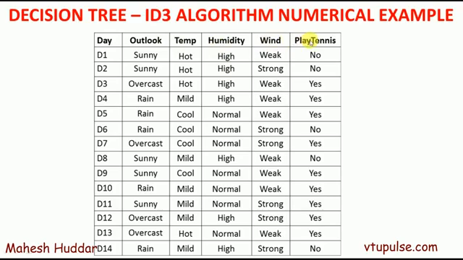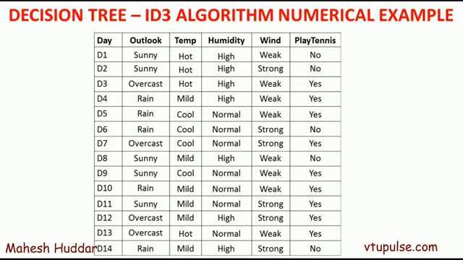If you want to draw a decision tree using the ID3 algorithm, the very first thing we need to do is understand which attribute gives the maximum information out of the available attributes. In this case we have 4 attributes. Out of the 4 attributes we need to calculate the information gain of every attribute. The attribute with the maximum information gain will be considered as the root node, and then we will start building the tree here.